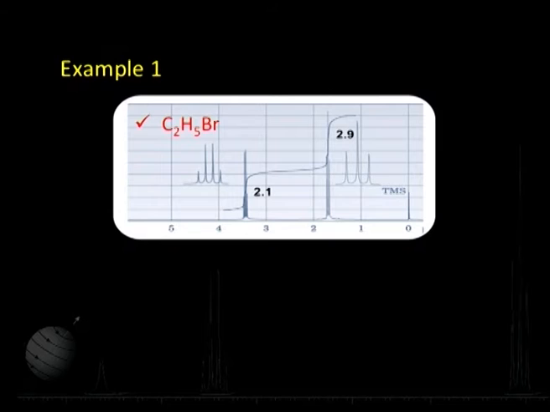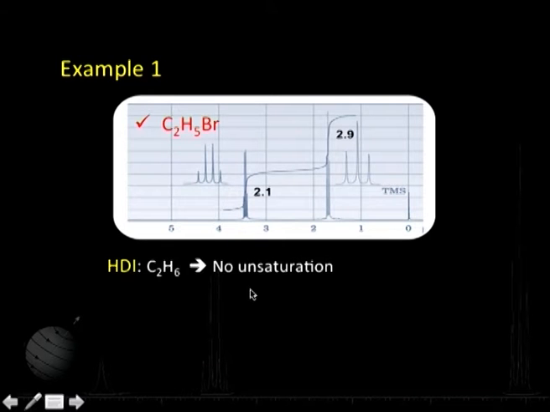We will now take up some examples to use this strategy and see how to work out the structure of a given molecule on the basis of the spectrum. Let us take some examples. The first one happens to be a very simple molecule. We will start from a very simple molecule and go on to more complicated ones later on. We have given a spectrum here and the molecular formula, and we have to work out the structure of this molecule. The formula happens to be C2H5Br.